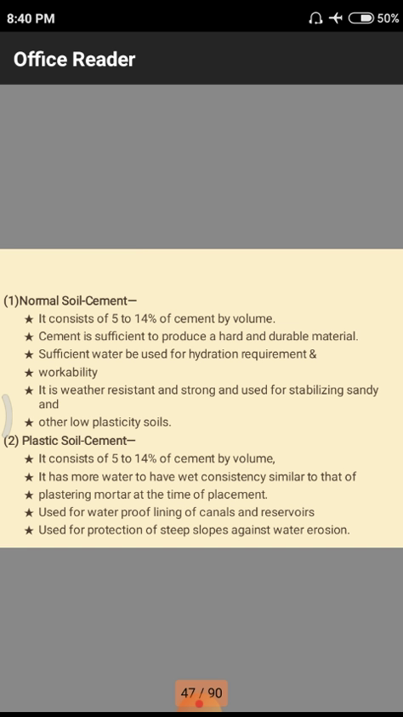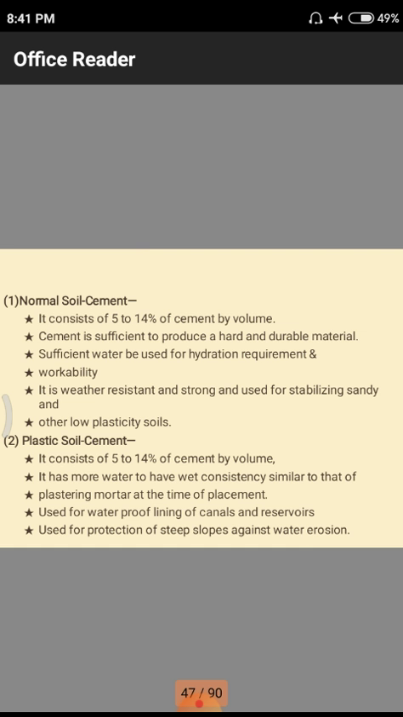Next one, different contents: normal soil cement and plastic soil cement. That means there may be a difference in the purpose of strength criteria. First of all we have to observe what normal soil cement is. It consists of 5 to 14% of cement by volume. That means if you are taking 1 cubic meter of soil, in that 1 cubic meter of soil we have to use only 5 to 14% of the cement,